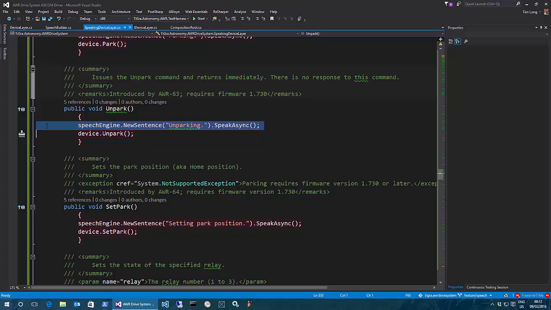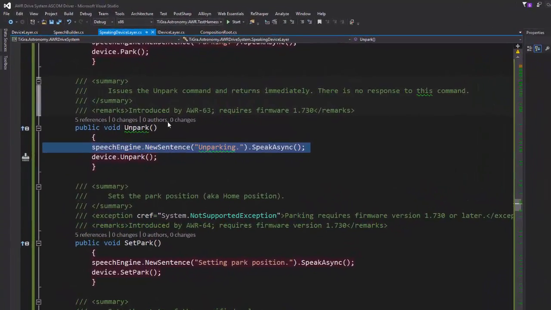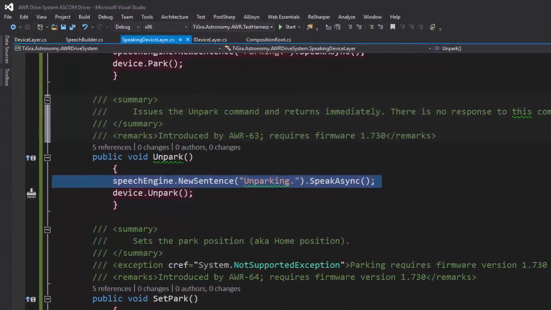Now, some people are going to find it annoying, so we really need to be able to turn the feature off, so we need a setting to do that. So how hard is that going to be? I've used the settings provider, so it's going to be really simple. So if we look at the form, the setup dialog for this driver, the first thing we need to do is open the setup dialog,